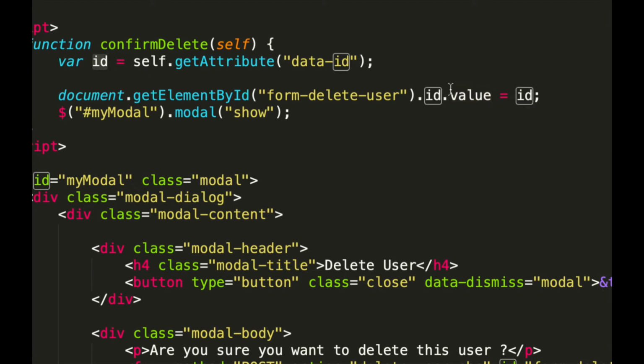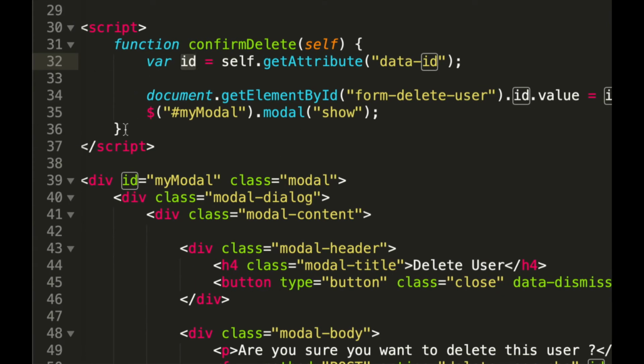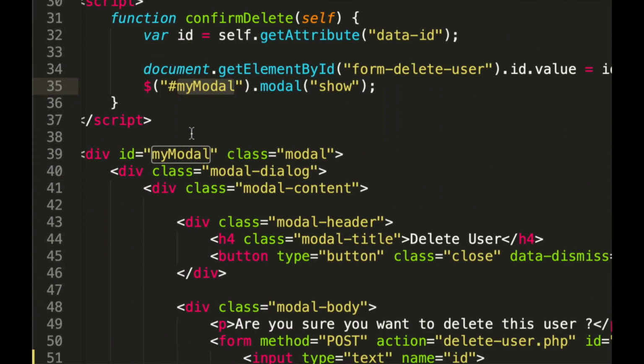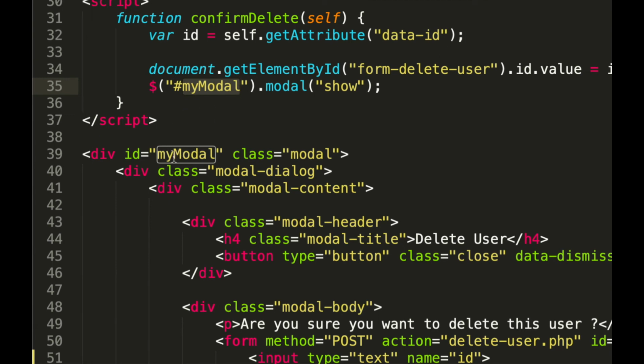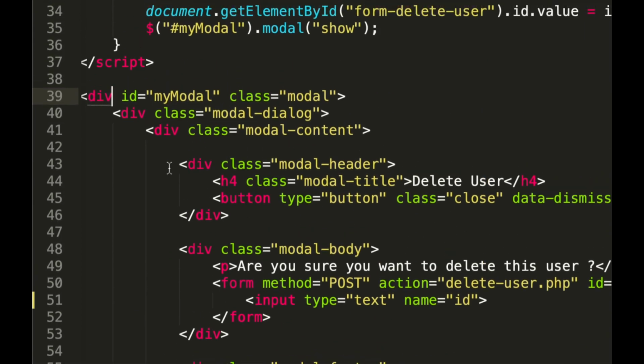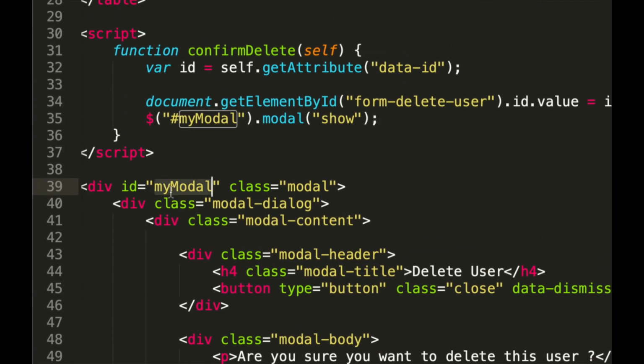And finally we have to display this modal. We can display this using jQuery, and it is required if you are using Bootstrap. It will be included in the source file below. And first we have to get the main div of our modal. We can get this using its ID, and then we will be calling a function named modal.